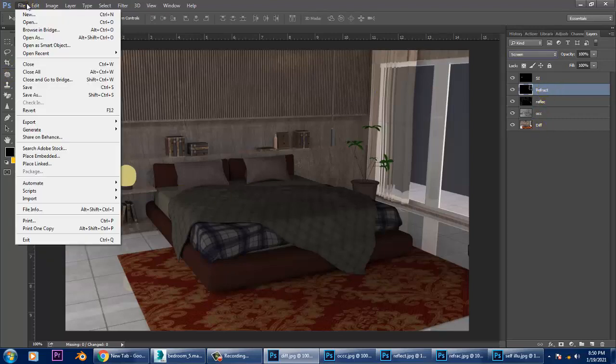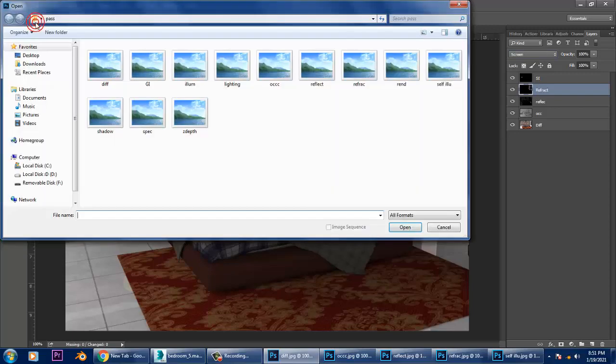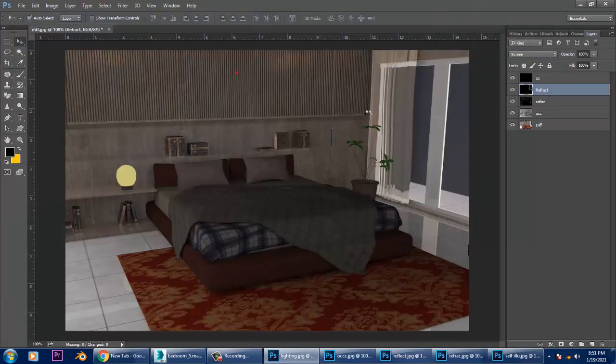Again, let's go into this and take one more pass, that's your lighting pass. Let's take a lighting pass.